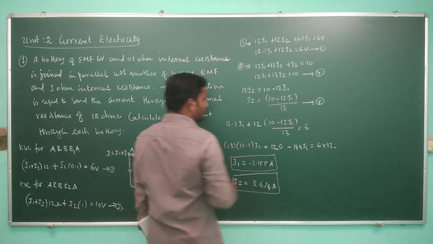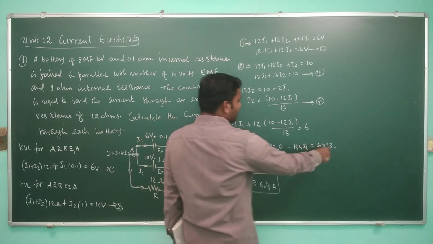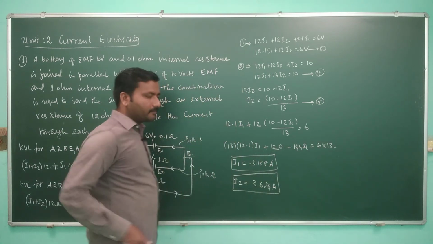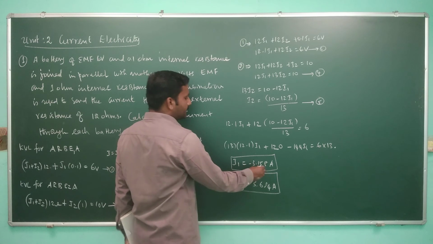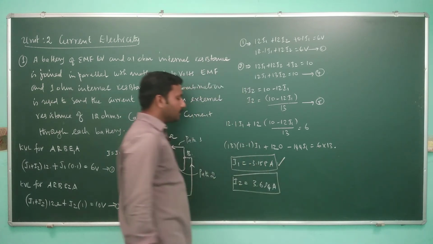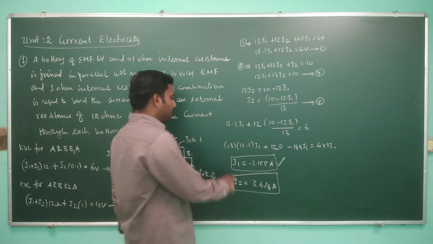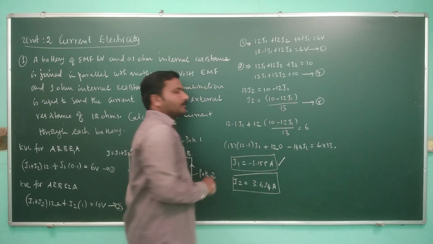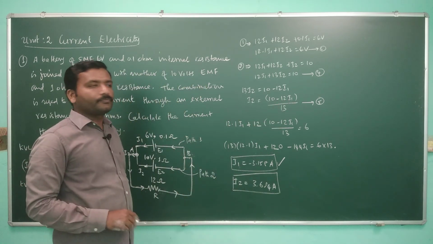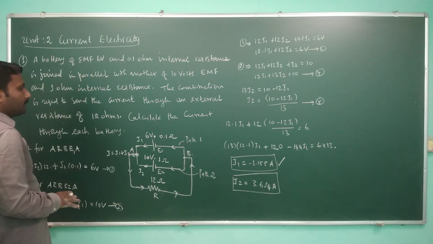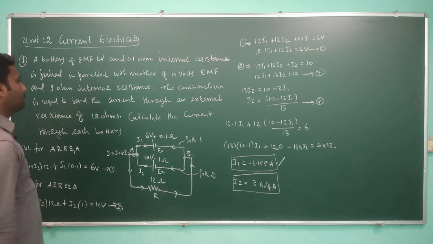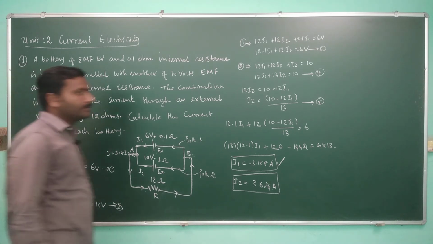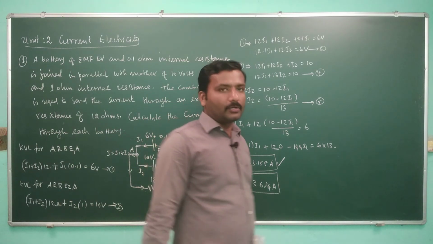You guys please work this out. Do this calculation, make these multiplications, bring this 120 to the right hand side and solve this equation for I1. Check whether it gives you minus 3.158 or not. Then take this I1, substitute it here, and solve the equation for I2. In this way, you can calculate I1 and I2 for a given circuit. So this is one example of the application of Kirchhoff's laws.